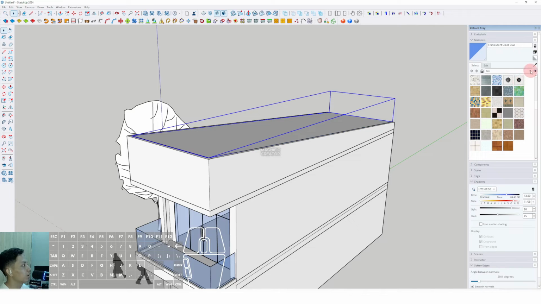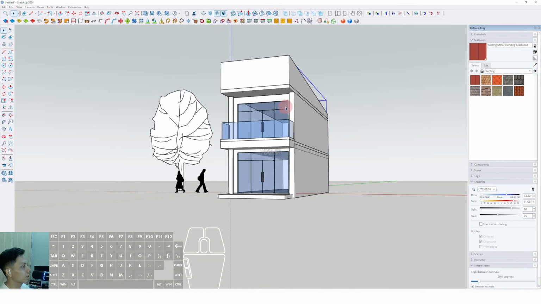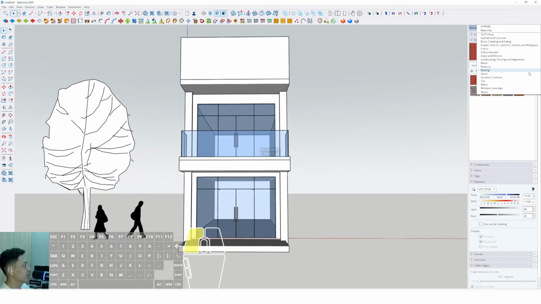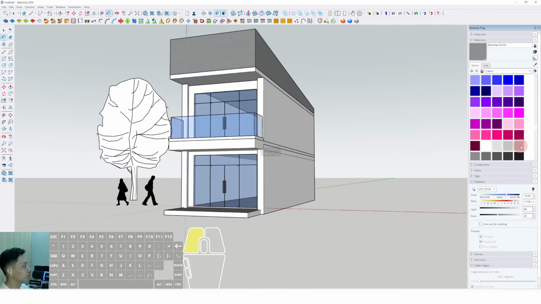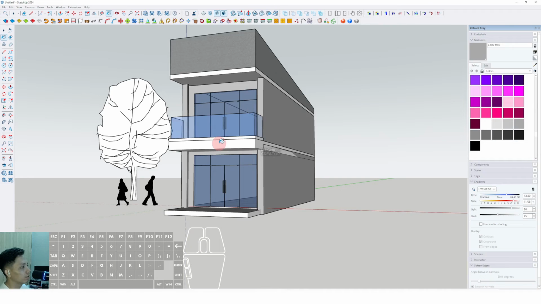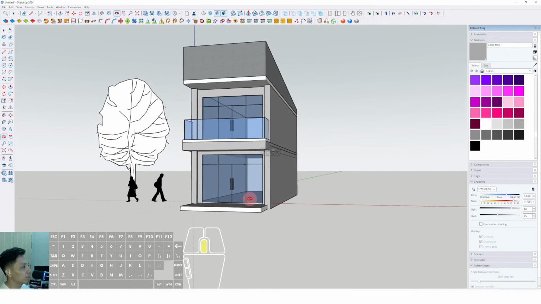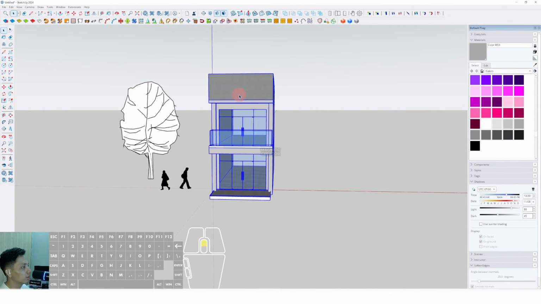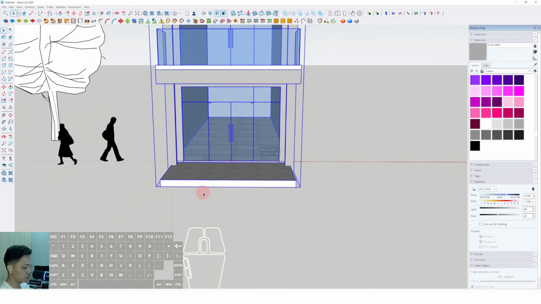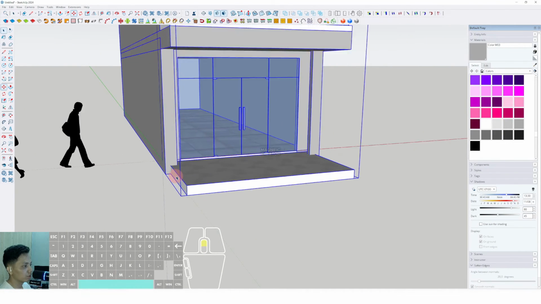Then we can triple click make group, and we can set the roof using the roofing materials here. Okay, now we can assign the materials with the other materials in here. We can set the color. Okay, we can set the color of this building. Then we can select, right click and make group. Okay, then we can select move. Okay, sorry, we have to